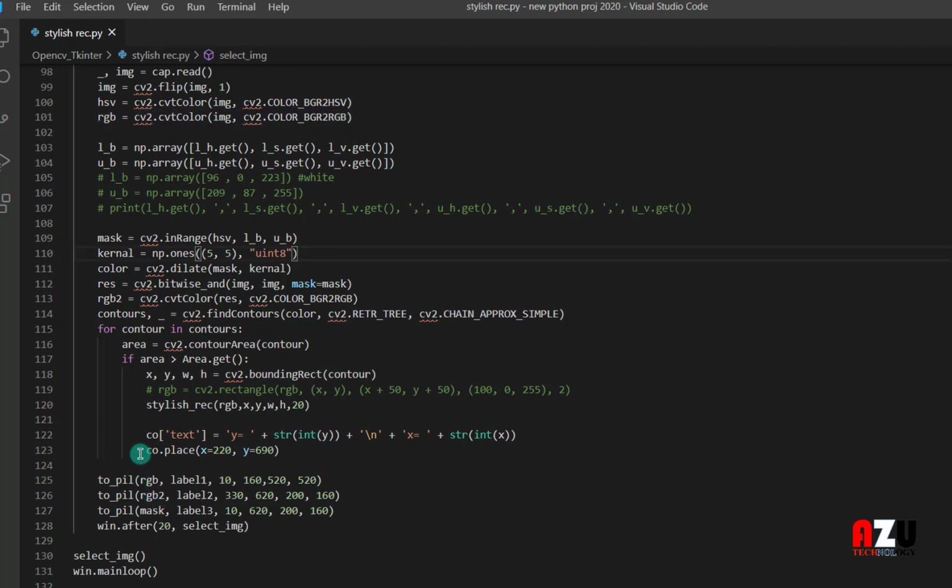RGB X Y, we got them from here. X Y, because the shape that I made is kind of a rectangle, similar to a rectangle. It has been very easy to use bounding rect to get the best result. Then X coordinate, Y coordinate, width, height,